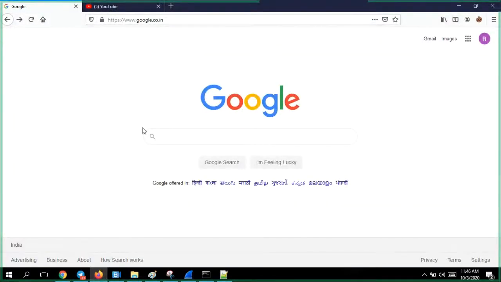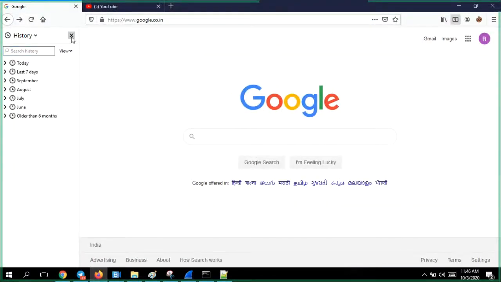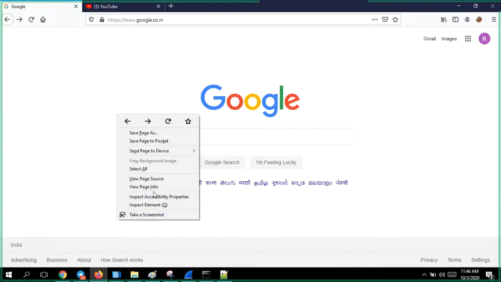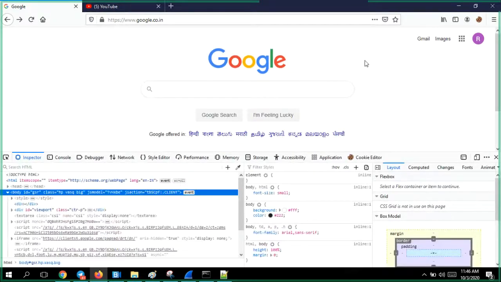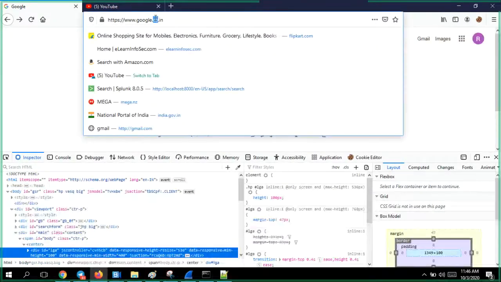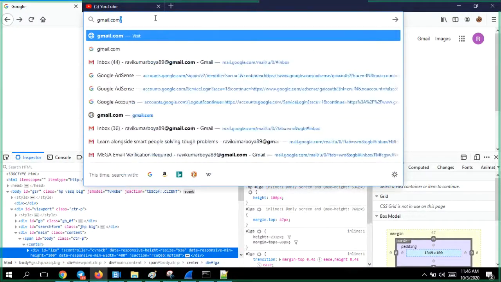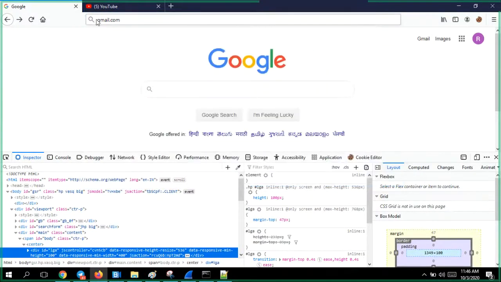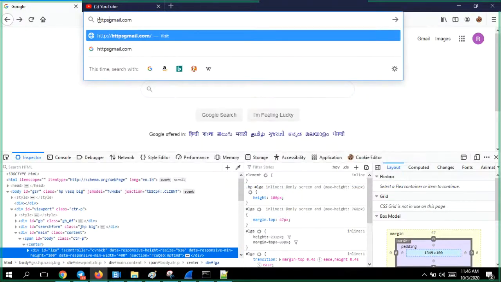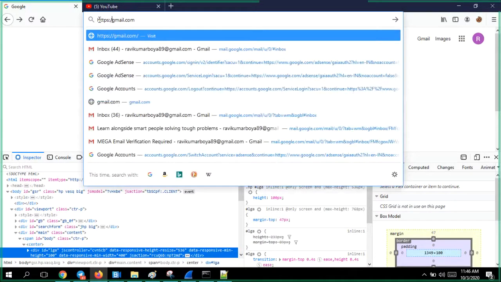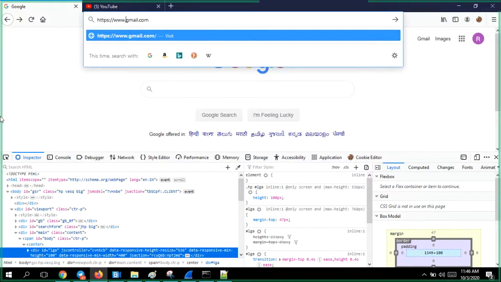Control, inspect, inspect. If you see, I will enter gmail.com. I'll put HTTPS only, https://www.gmail.com.